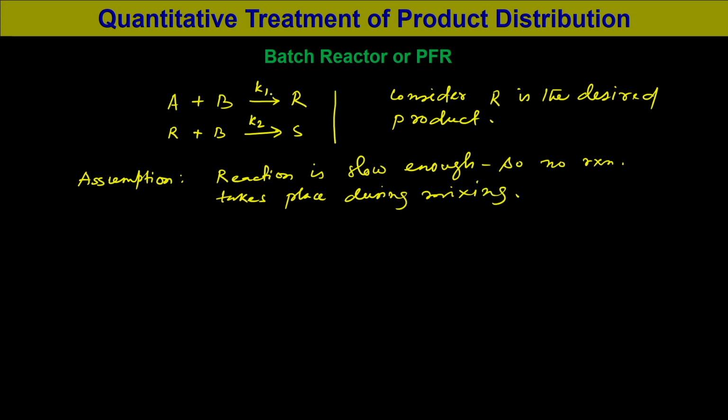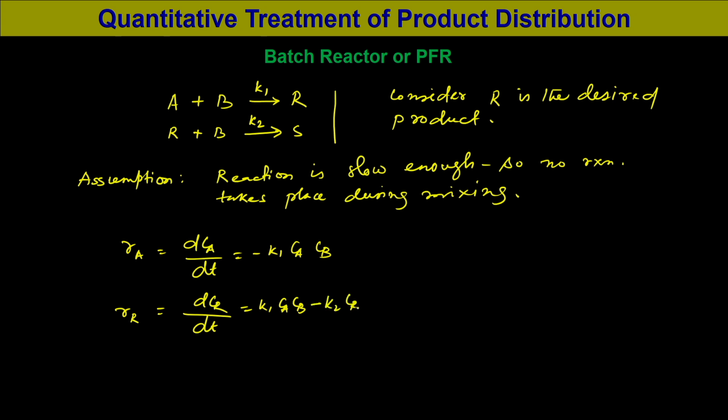Now, for this case, let us write rA equal to dCA by dt, which is equal to minus K1 CA CB, and rR equal to dCR by dt, which is equal to K1 CA CB minus K2 CR CB. Now, if we divide these two rate expressions, we obtain